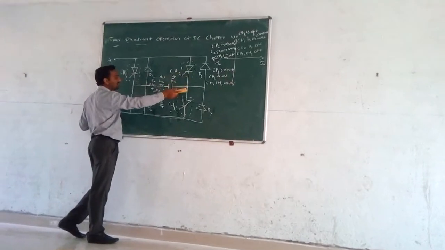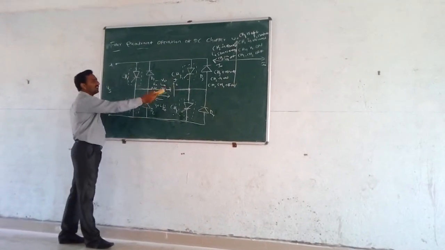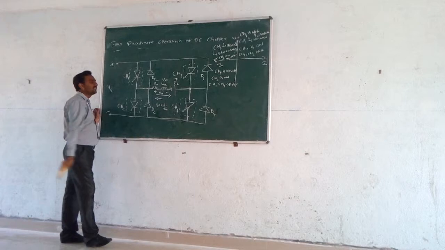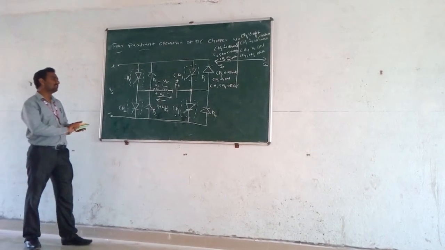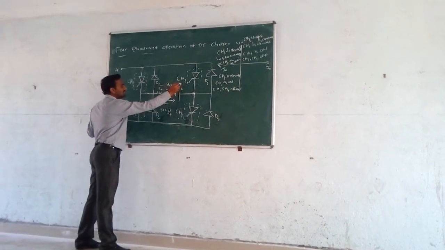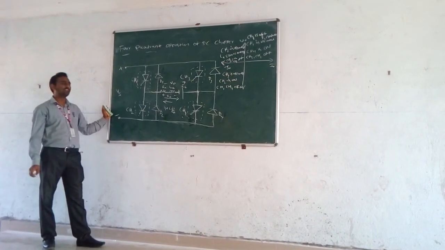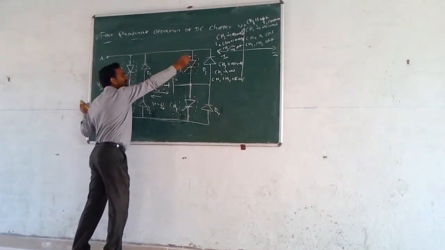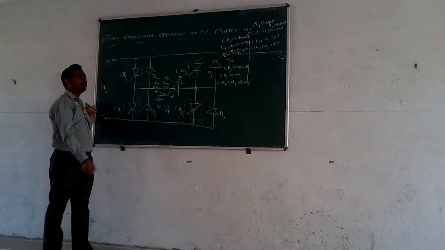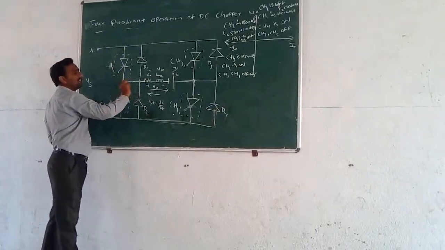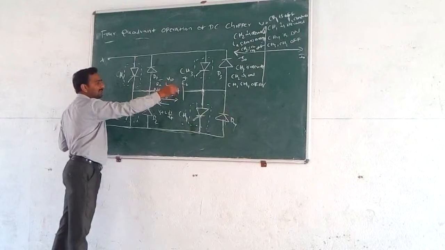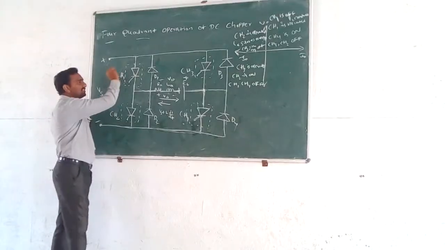So the armature current flows from right to left. That's why V0 changes its direction. The back EMF terminals are changed from the previous one. So this is plus and minus. Now the voltage is in the negative direction because the current flows from right to left. In the previous case the current flowed from left to right, that's why here positive, here negative. But in this case when CH3 is